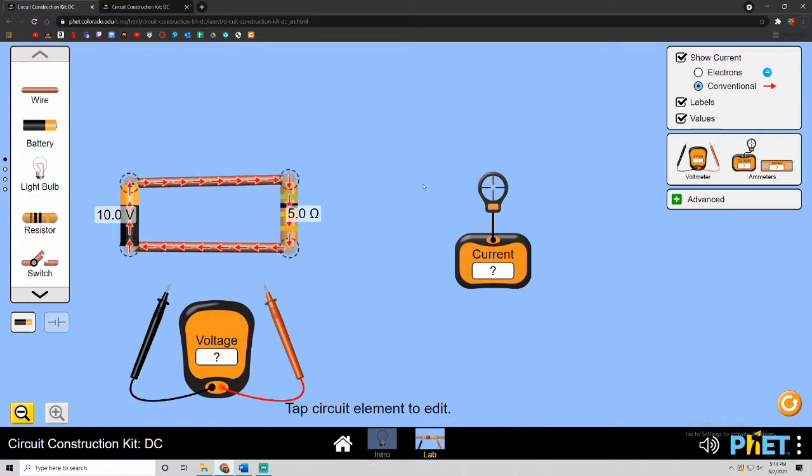Firstly, I will be using two pieces of equipment in this simulation to measure voltage and current. In order to measure voltage, which has units of volts, we use a voltmeter, which can determine the voltage drop between 2 points in a circuit. To measure current, which has units amperes, we use an ammeter. If we wanted to measure the resistance as well, of which the units are ohms, we could use